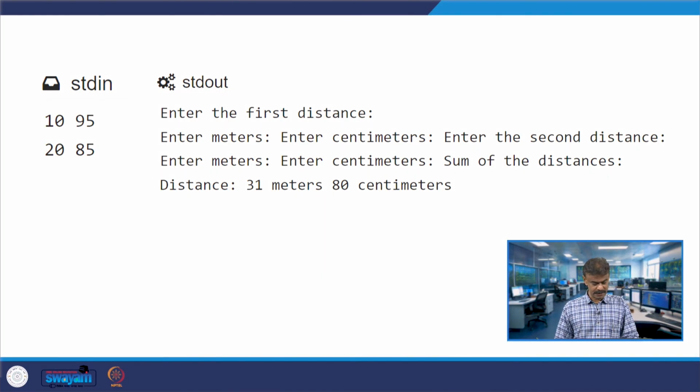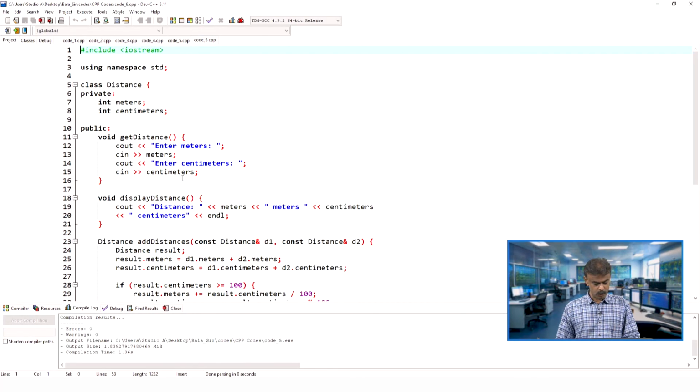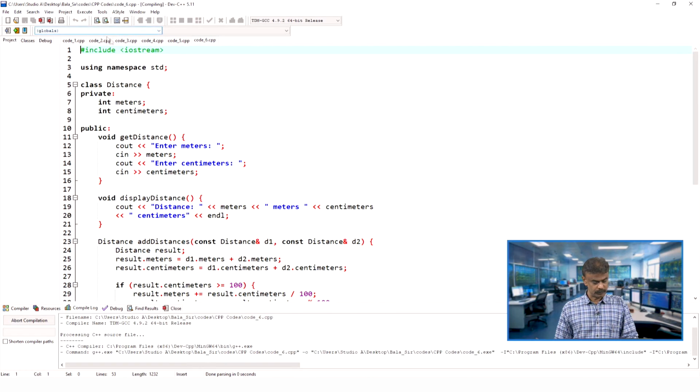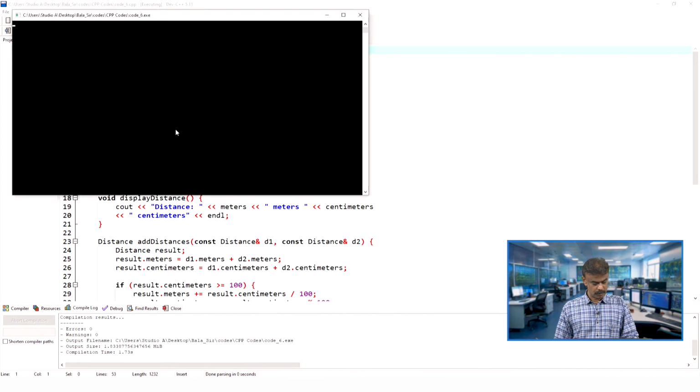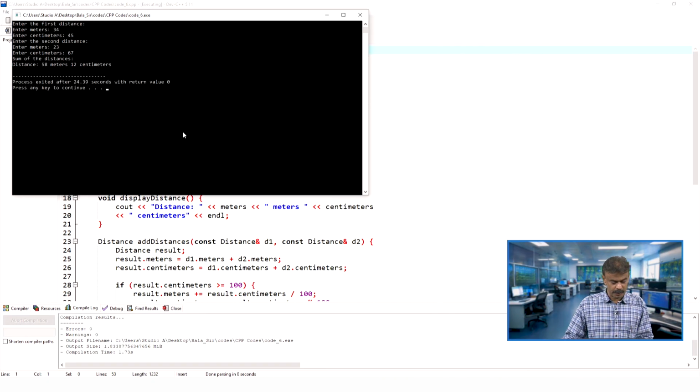So, when I run the code, I have to get the output like this. It is asking enter meters, I enter 34 meters, then it asks centimeters, that is for the first distance, and for the second distance enter meters, enter centimeters, and then you will get the final answer.